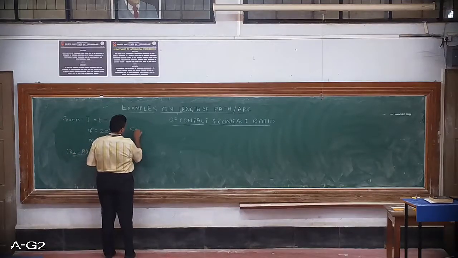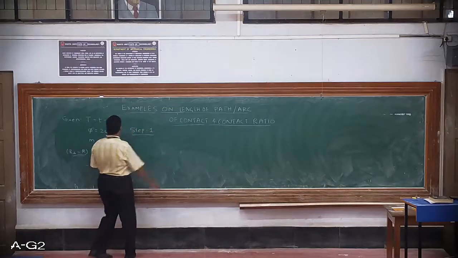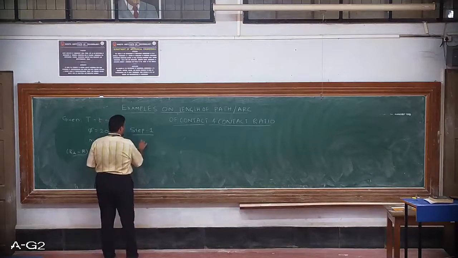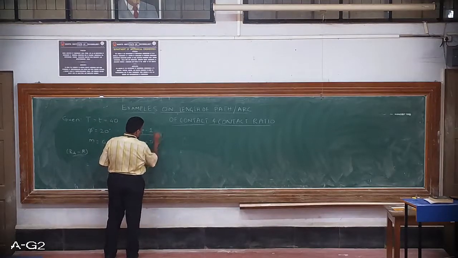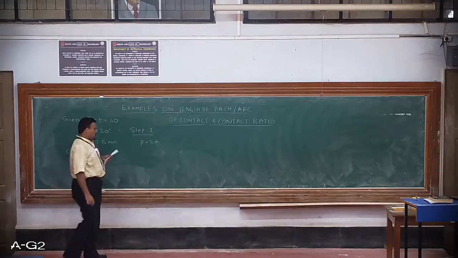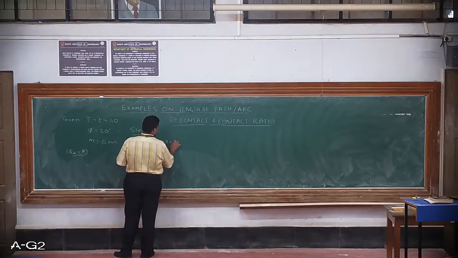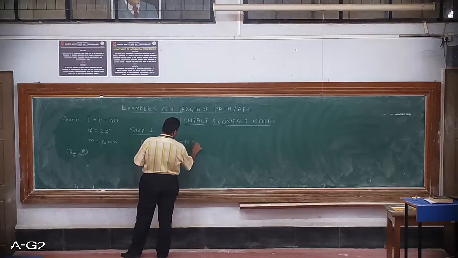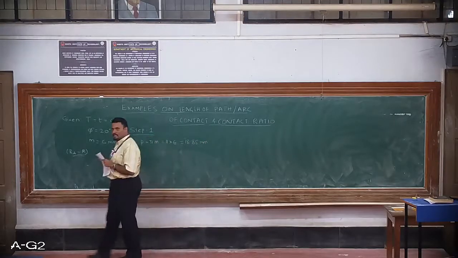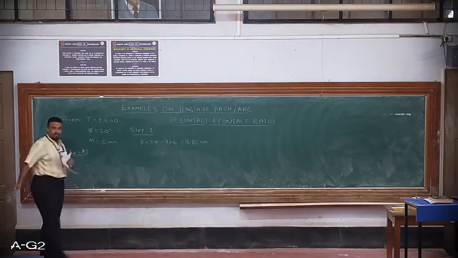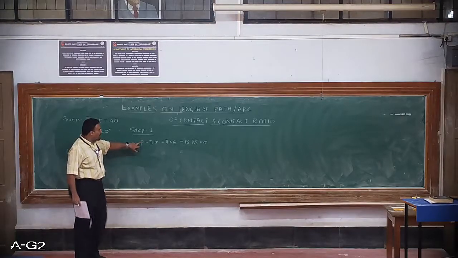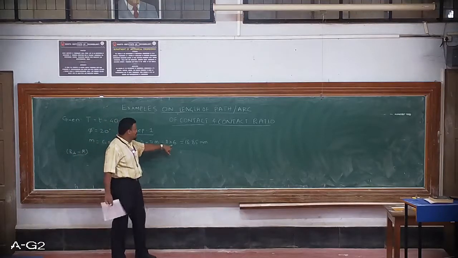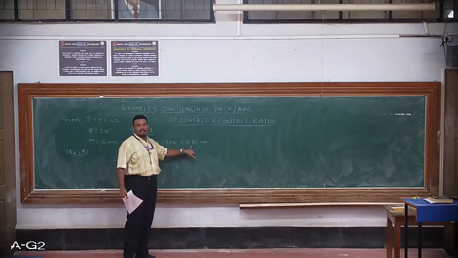So step number 1. Now since the module is given to us, we can calculate the pitch. So circular pitch will be pi into the module, pi into M. So upon substituting this we get 18.85 mm. So for circular pitch small p, this is equal to pi into M, that is equal to pi into 6, module is 6. So when you multiply this you get 18.85 mm.